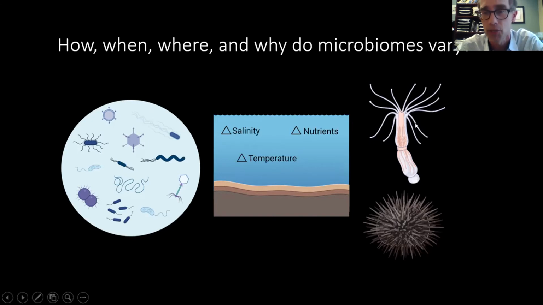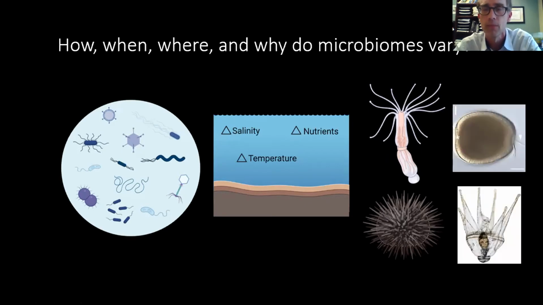So a sea anemone, which I'll tell you about for most of this talk, Nematostella vectensis. But a lot of the work in my lab over the last couple of years is also focused on the microbiome of sea urchins and other echinoderms. That's been led by two wonderful graduate students, a former graduate student, Tyler Carrier, who's now a postdoc in Germany, and a current PhD student, Remy Ketchum, who's preparing to finish her PhD. We're also interested not only in the adult forms, but also in the embryo and larval forms. I won't have a chance to talk about those much today, but we really take what we hope is a very broad look at the microbiome